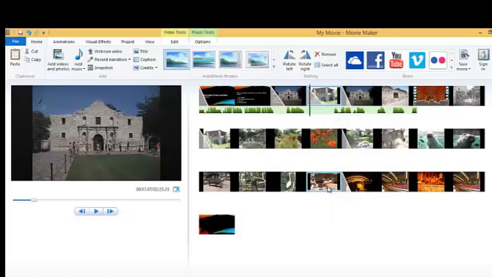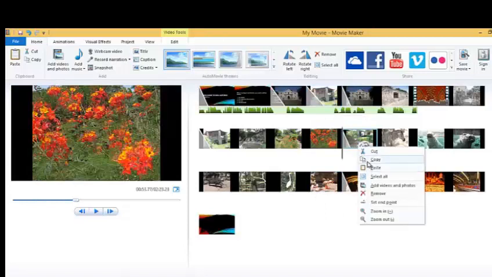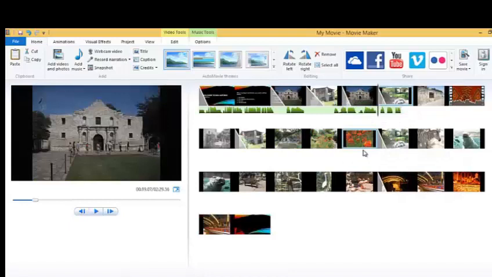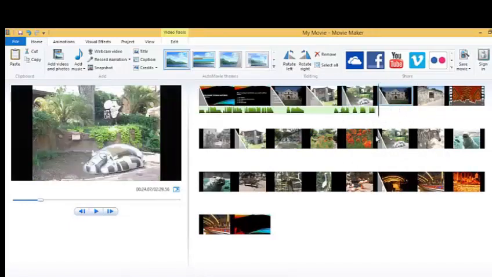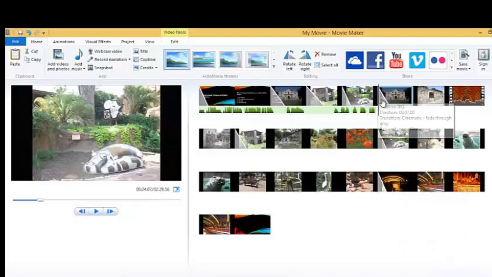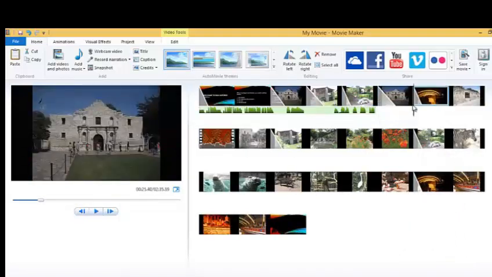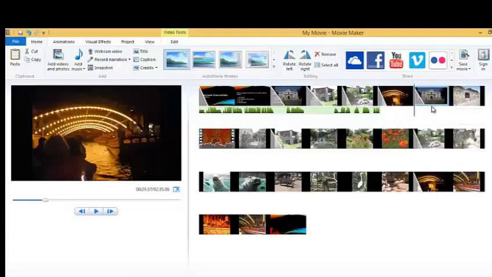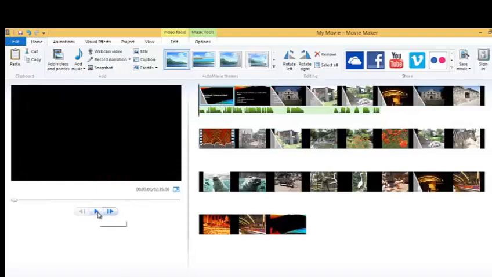Okay, then we're going to do the same for the zoo and put that after the Japanese tea garden. And then we're going to do the same thing for the Riverwalk. This one doesn't want to be cooperative. Okay, so now if we play the timeline,